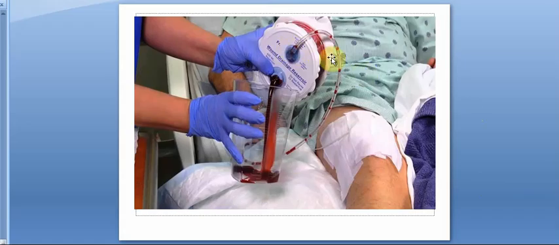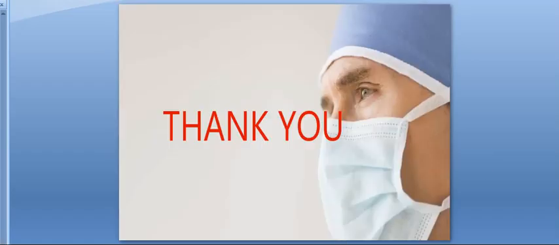This is also an example. This is actually a type of hemovac drain. See how they are emptying the drain. They are pressing this bag and then the blood is collected in the measurement cup here. They will measure how much blood or fluid is collected. Then they will put the cap here. Frequently, you have to see that air is not entering inside. If a lot of air is there, usually blood will not be collecting well. So measure and then record it in the intake output and nurses record. So this is particularly about surgical